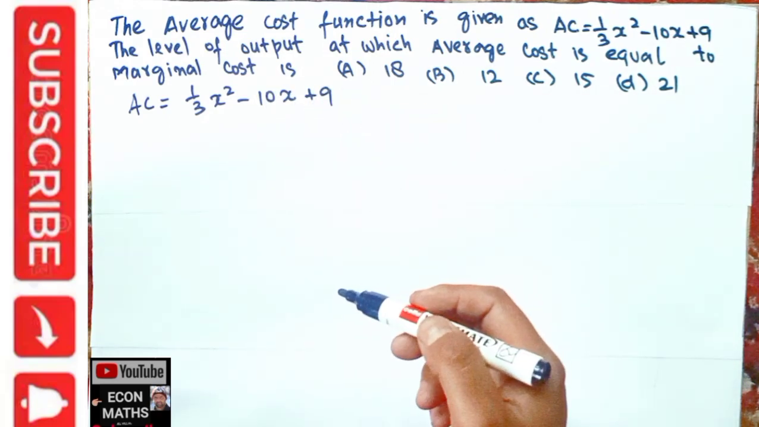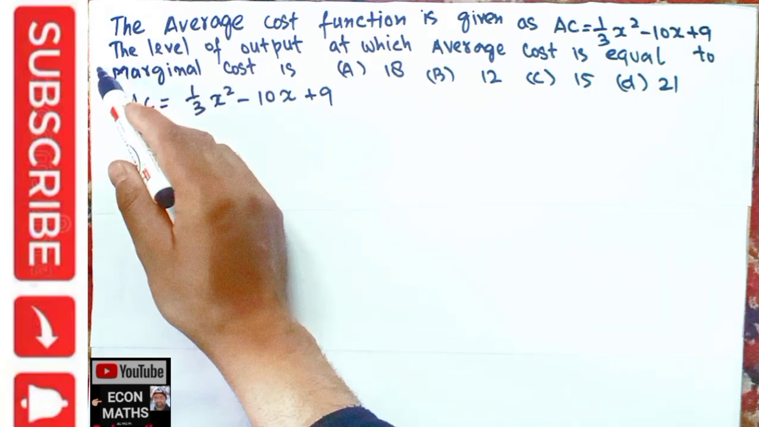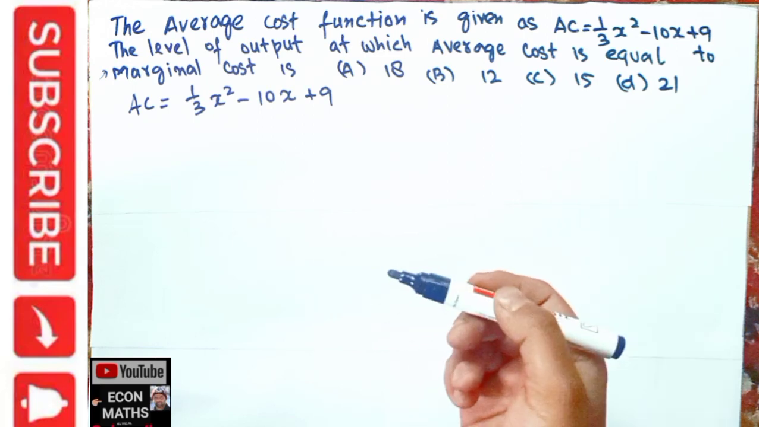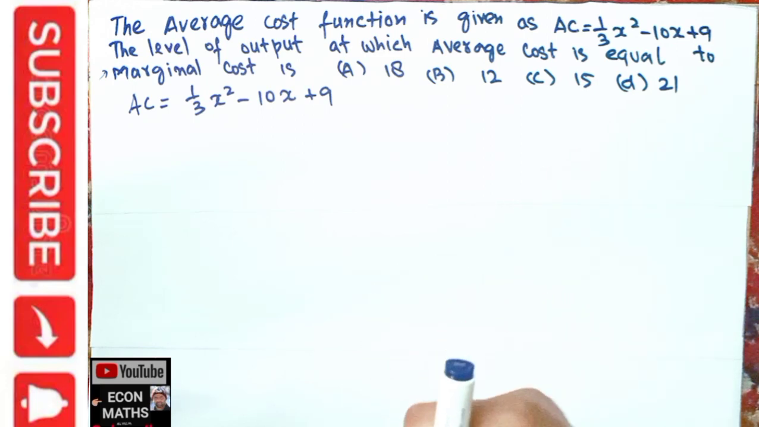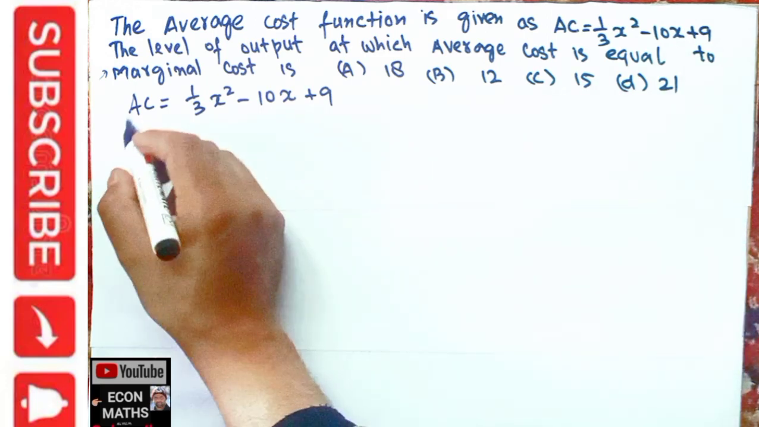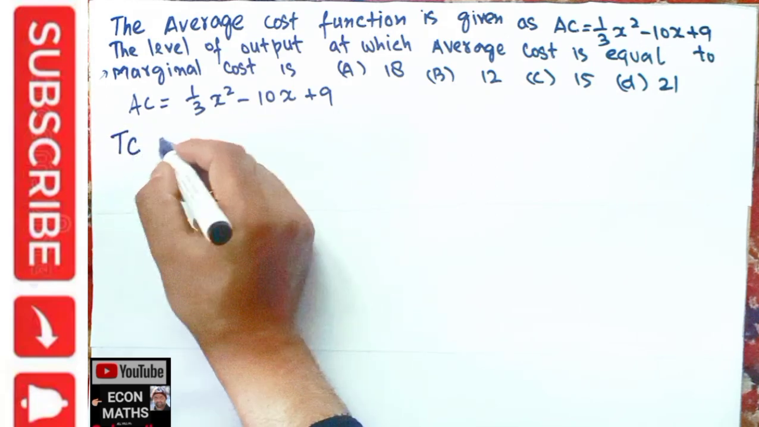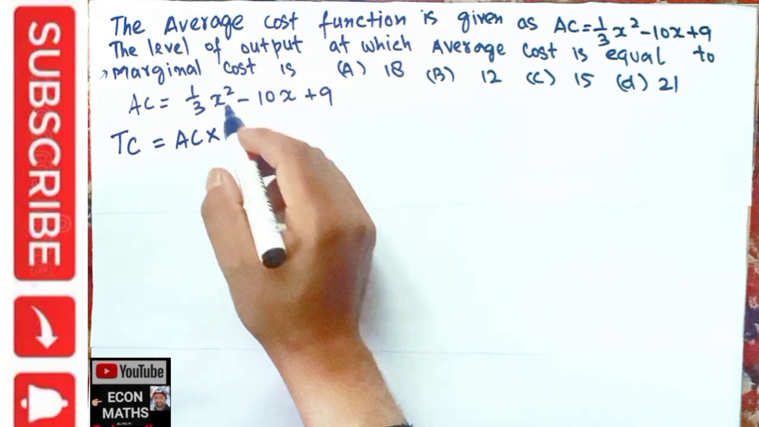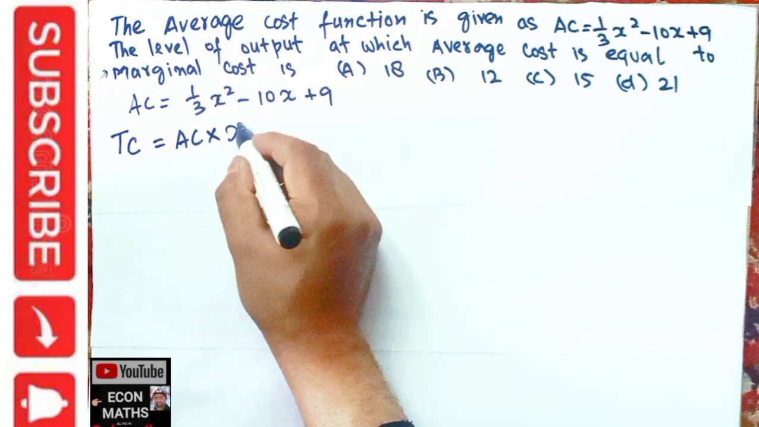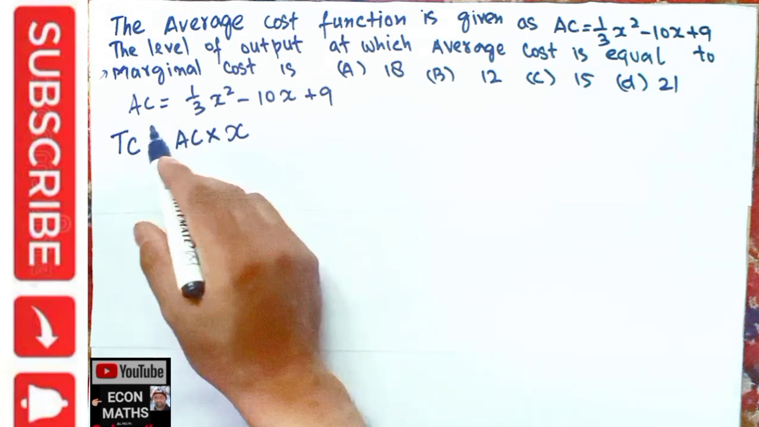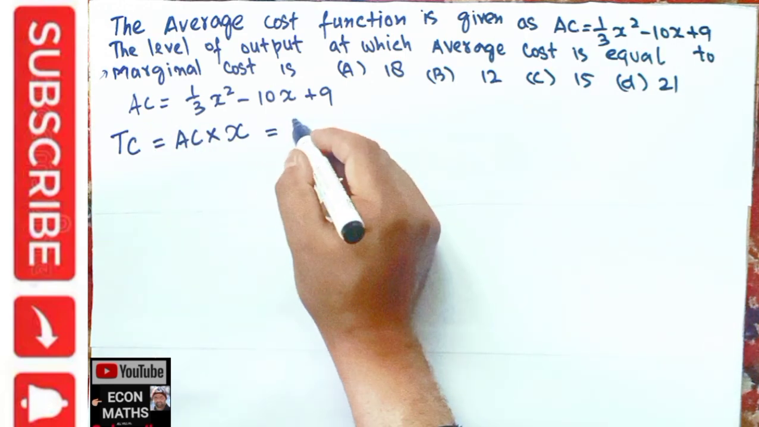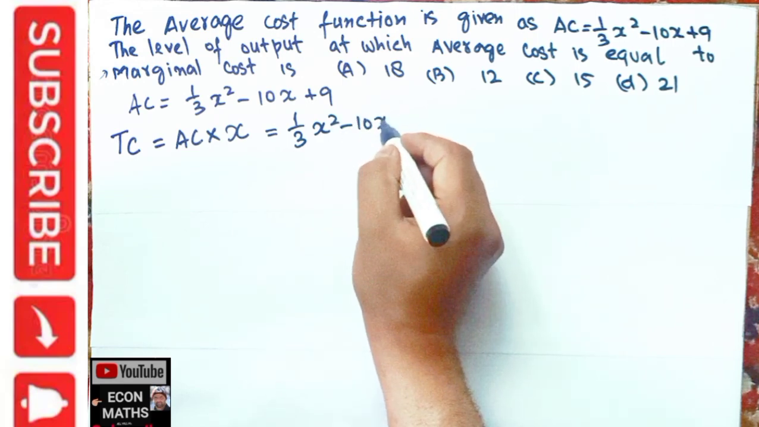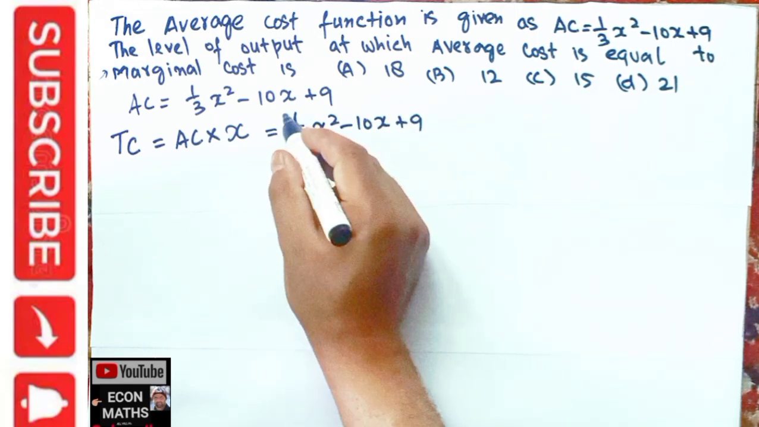So we have to find the marginal cost. We are given the average cost, so to find the marginal cost we have to find the total cost first. And we know that total cost is simply average cost times quantity, that is x here. So our average cost is 1 by 3 x square minus 10x plus 9, and we multiply it by